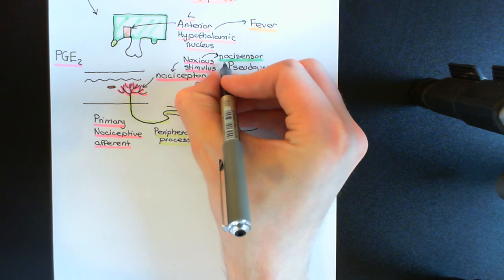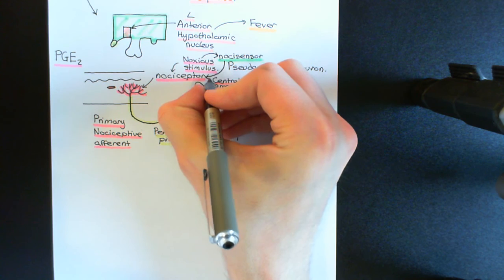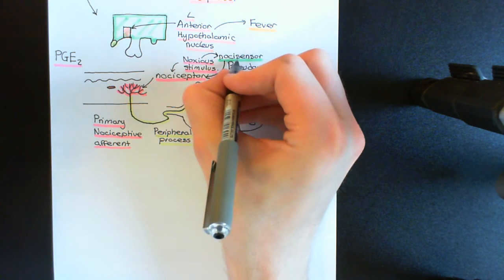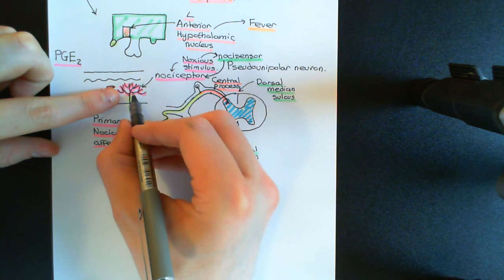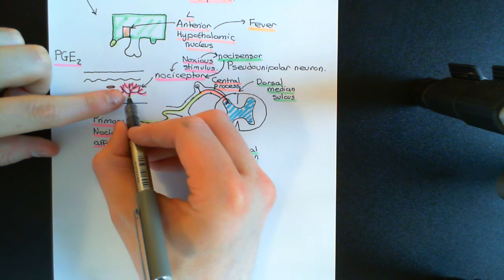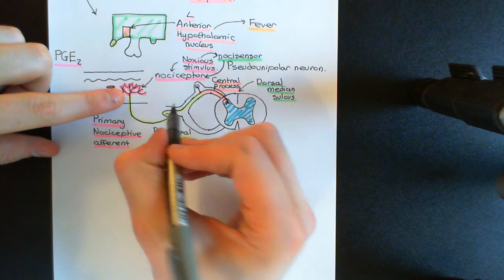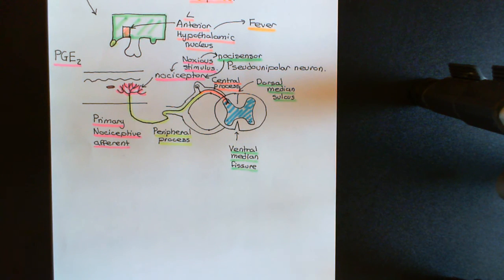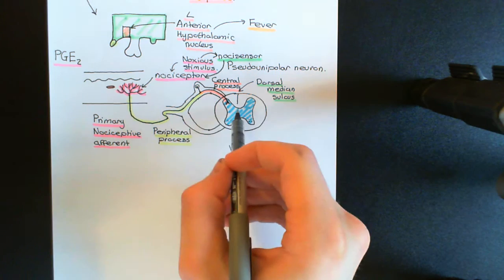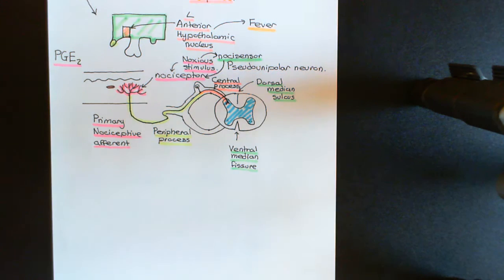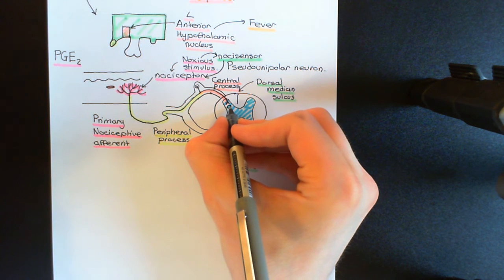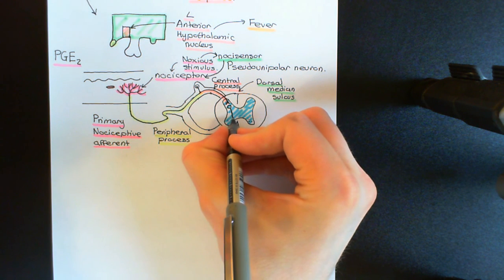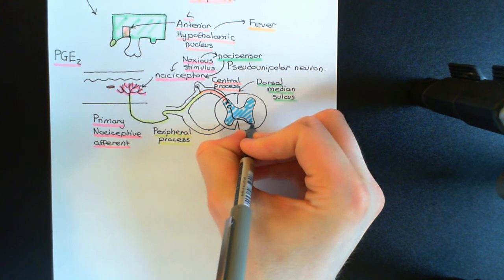Noxious stimuli activates nociceptor. Nociceptor will depolarize the membrane of the nociceptor once it's been activated, and all of these depolarizations coming from all over the nociceptor can sum together to actually cause an action potential to fire up the peripheral process of the primary nociceptive afferent, and it will then go down the central process and cause the release of neurotransmitter, which will then activate the second order neuron, which I'll just draw here, which will have its cell body in the dorsal horn of the spinal cord, and its axon will then cross the midline and ascend